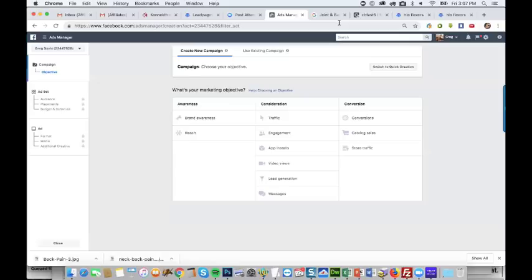So we're going to do single image. Let's upload the images that we found. This was the first one. This is what it looks like on mobile. All right, we've got a website destination.